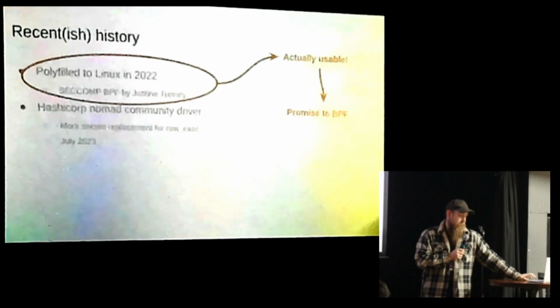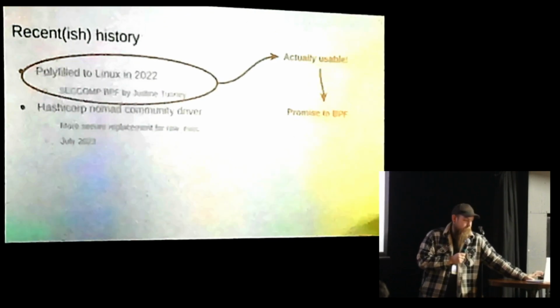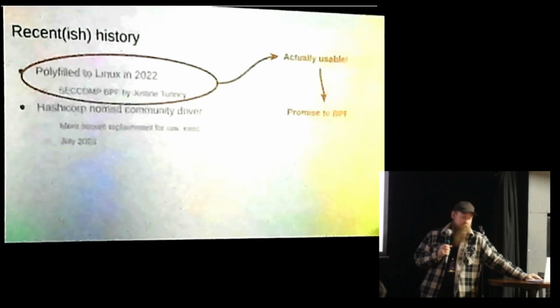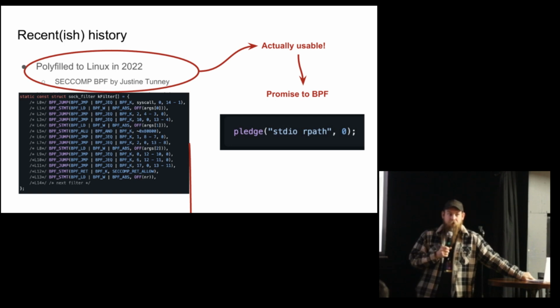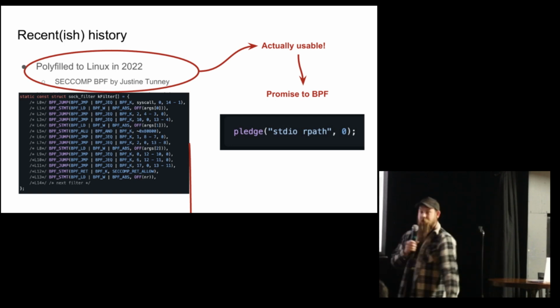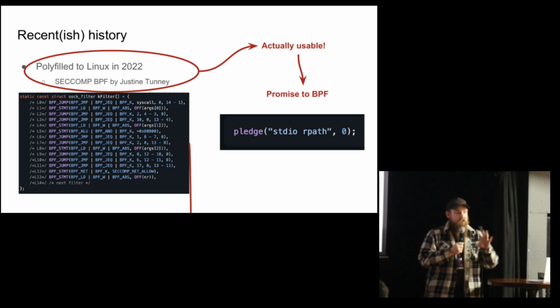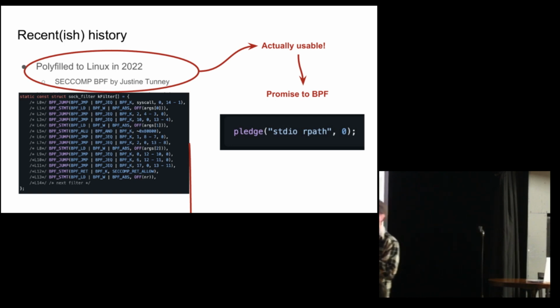So, like I said, an actually usable translation from promises to BPF. And this is important because that's what that does. As a programmer, you're not writing that. It's just not going to happen. You're not going to get adoption. Theoretically, and just to be fair, this is one implementation of it, and it's not entirely accurate, but it's close enough, and it was the example that was used.